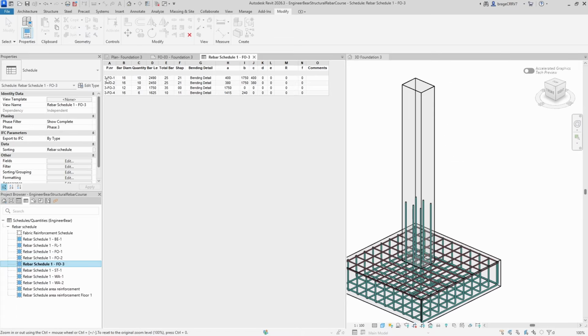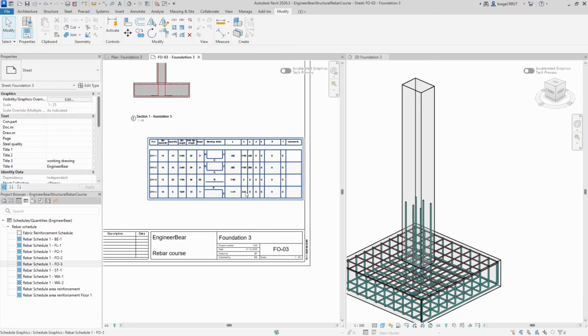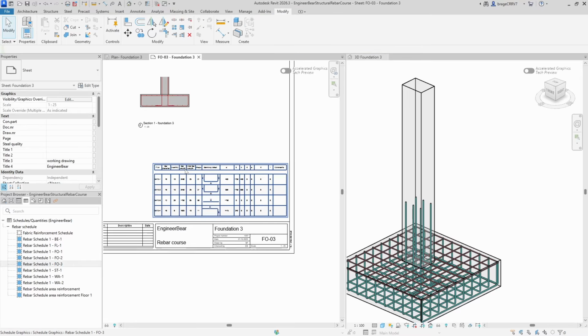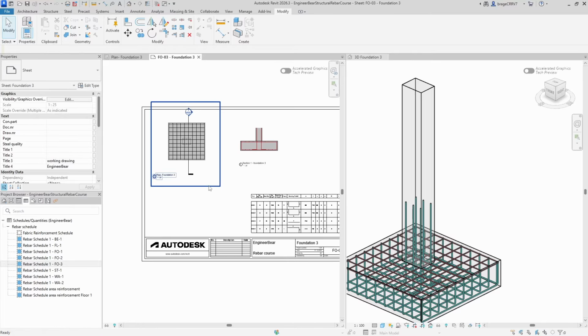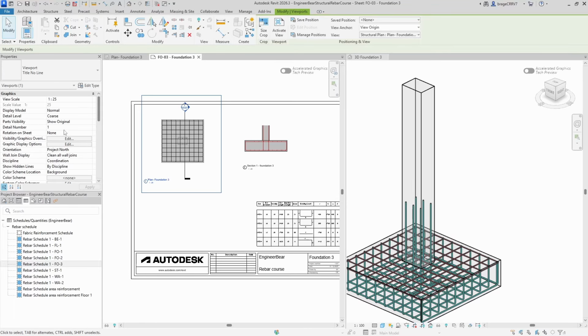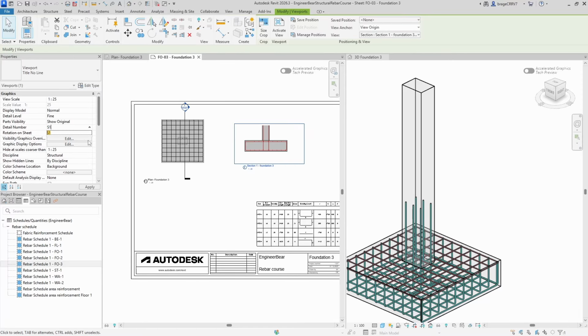The steps here are easy. Copy an existing schedule and change the partition, and you've got yourself a new schedule showing the rebars for the new element. Moving on to the final stage of the process of setting up a sheet for this foundation, and